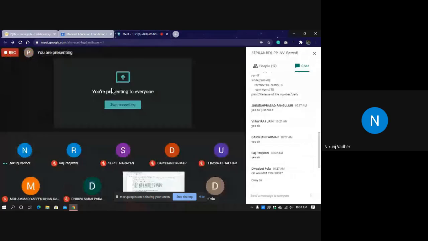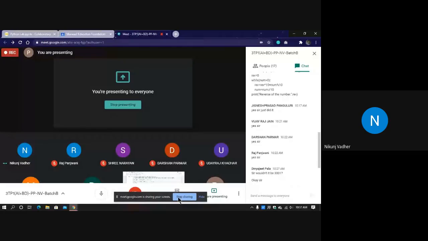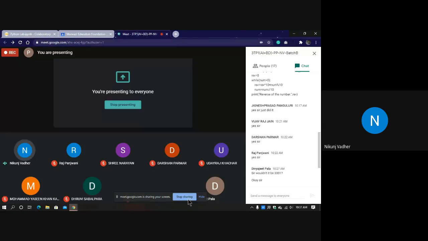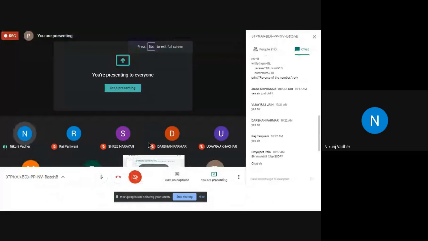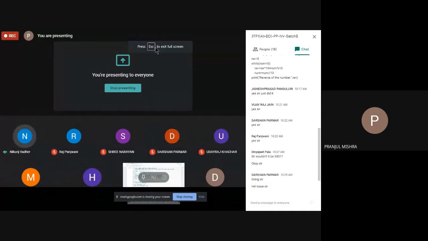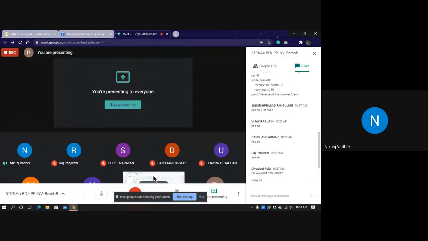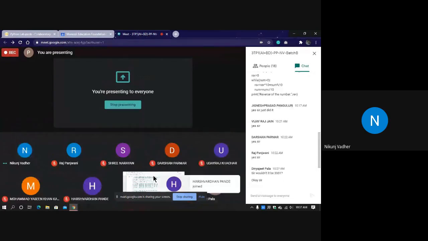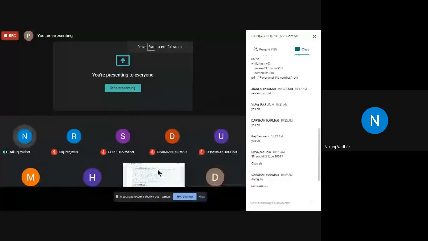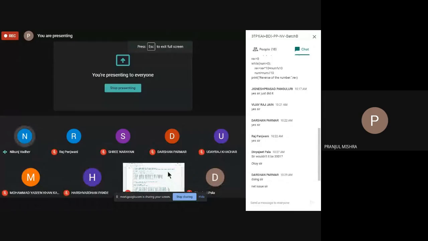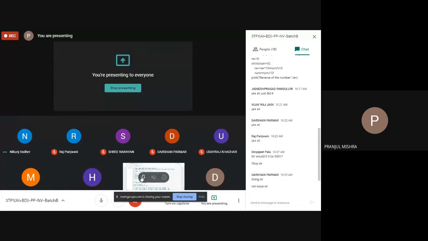Click on the white screen at the bottom. Simply click on it, whether it is showing or not. Let me share. Just a minute. I guess it is visible now.